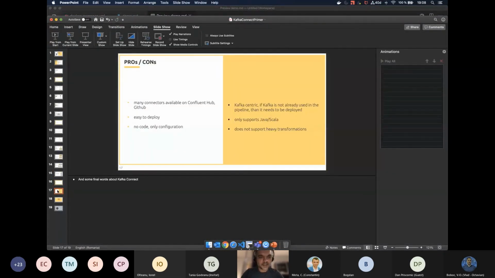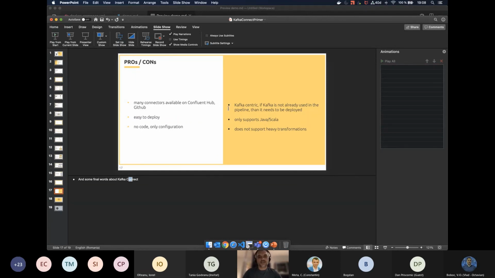And I just want to mention some final words. There are many connectors available on Confluent Hub and on GitHub, and Kafka Connect is easy to deploy. We do not need any code, only configuration for the connectors.